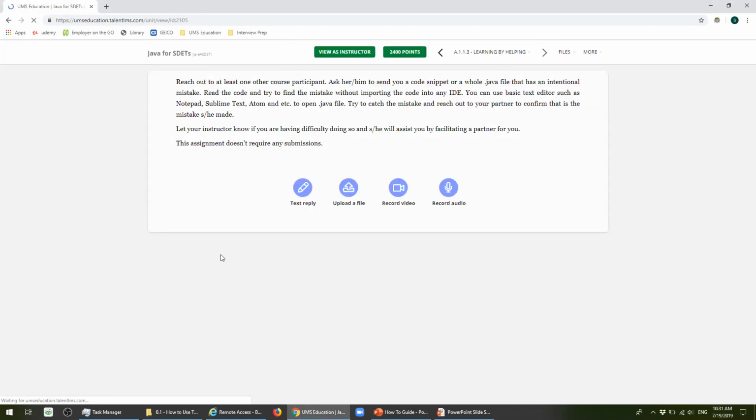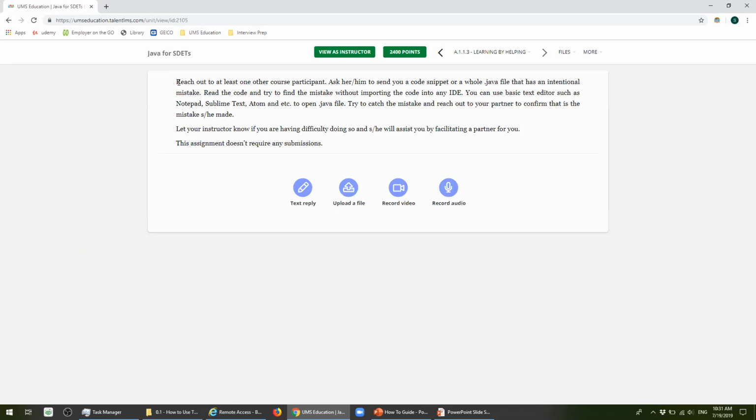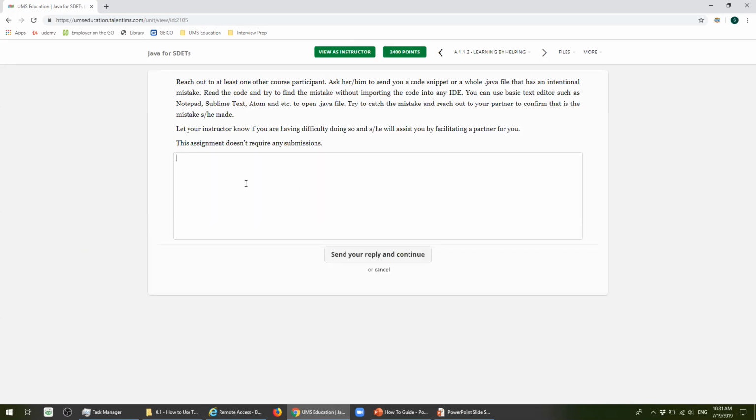Just to show you a sample assignment, when you go to the page for the assignment, you will see some instructions of what you need to do. And you basically will get submission requirements if they are specific. However, throughout this course, we will accept submissions by replying straight here with your code or with your response,